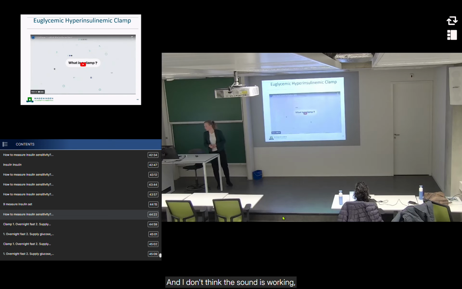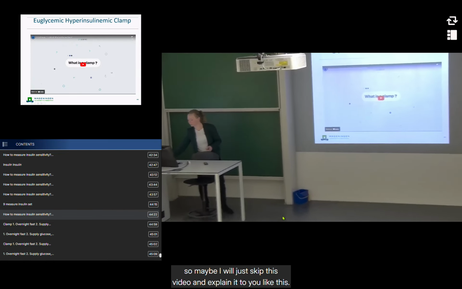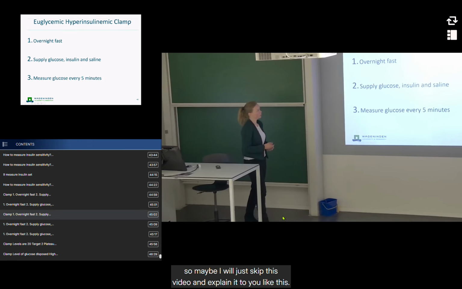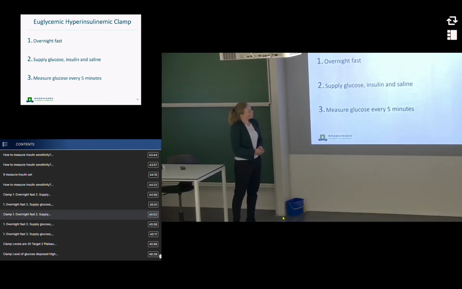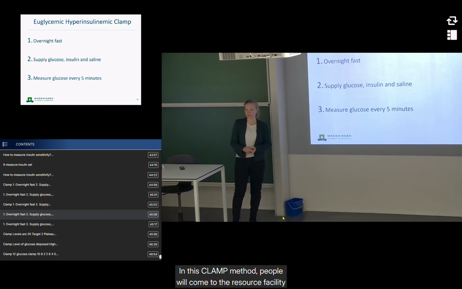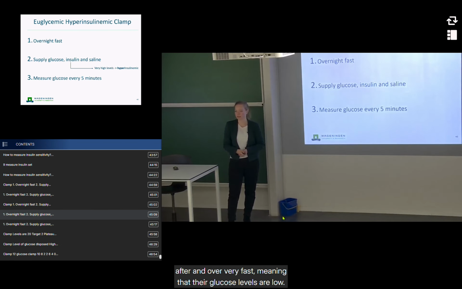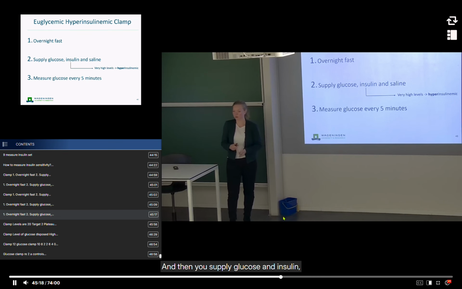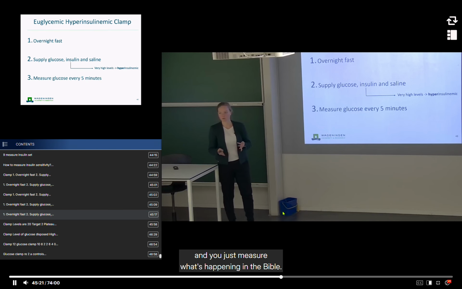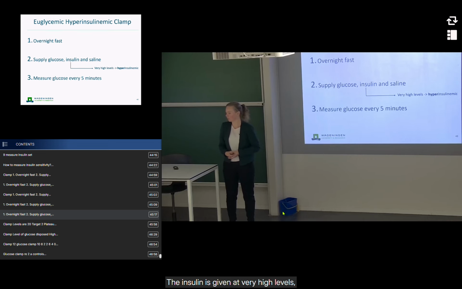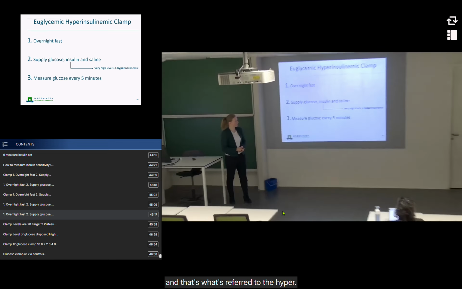I don't think the sound is working, so maybe I will just skip this video and explain it to you like this. In this clamp method, people will come to the research facility after an overnight fast, meaning that their glucose levels are very low, and then you supply glucose and insulin, and you just measure what's happening in the body of people. The insulin is given at very high levels, and that's what's referred to as